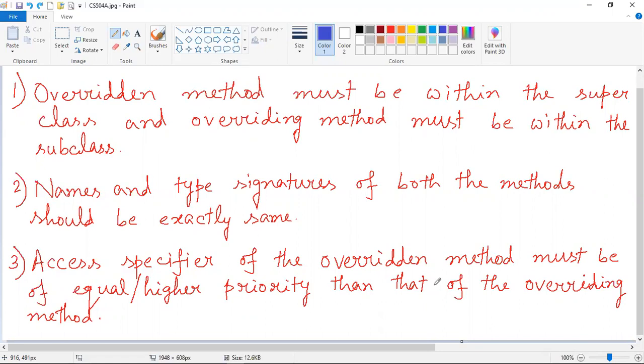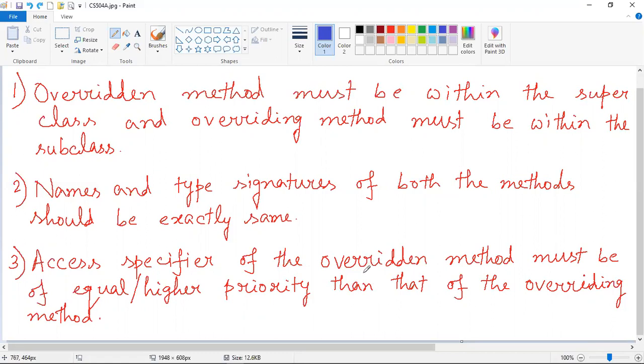That means you can put public in case of the overridden method and you can put default in case of the overriding method, or you can put default in both the methods, but you can never put default in case of the overridden method and public in case of the overriding method. Then that will violate this third condition, and in that case method overriding will not happen.